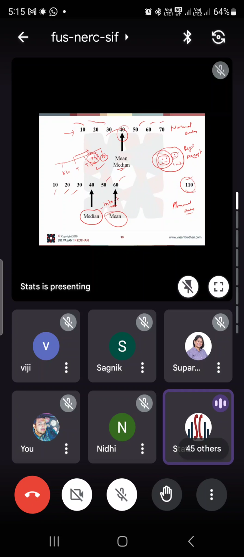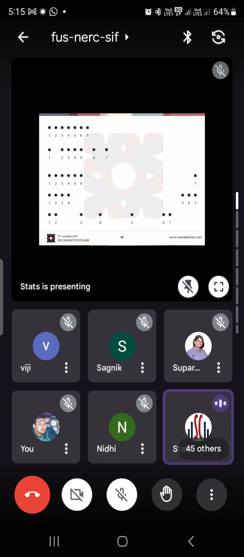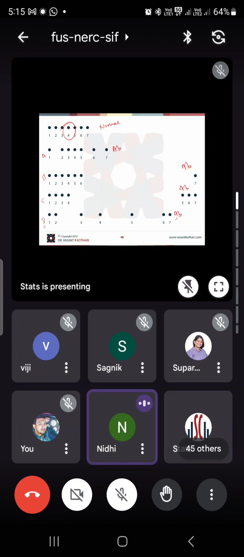Now when we talk about abnormal data, that data could be abnormal in any possible way. This is my normal data. This is my abnormal data. Abnormal data. Abnormal data. Abnormal data. Now here my mean is 4. Do you think that my mean in case A, B, C and D will be the same? Yes. My mean will be the same. Because there are 7.